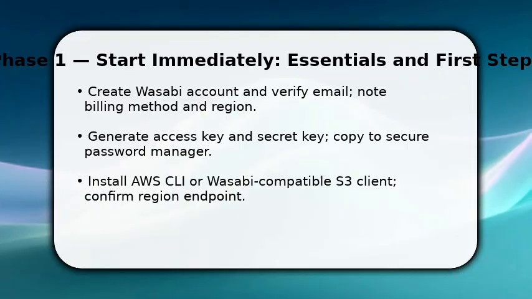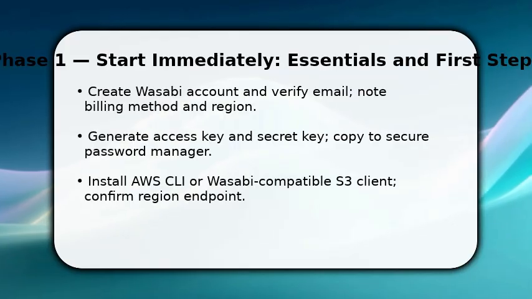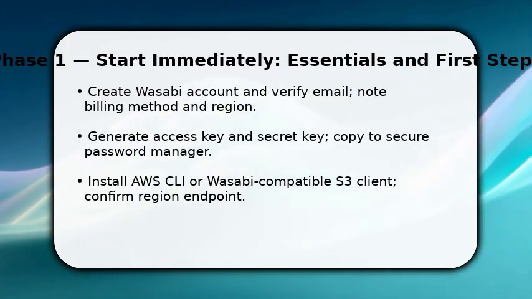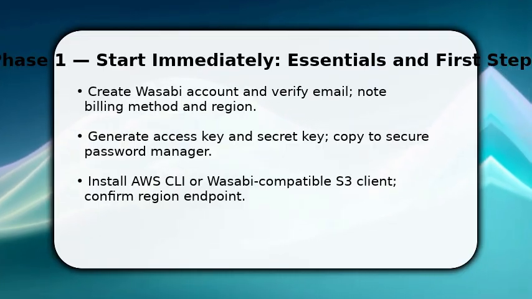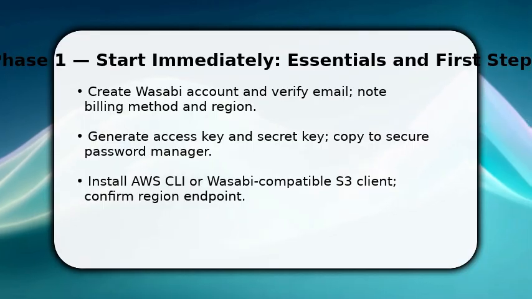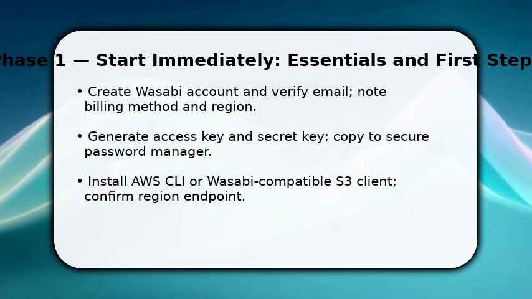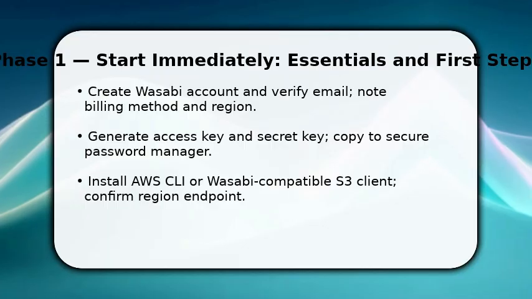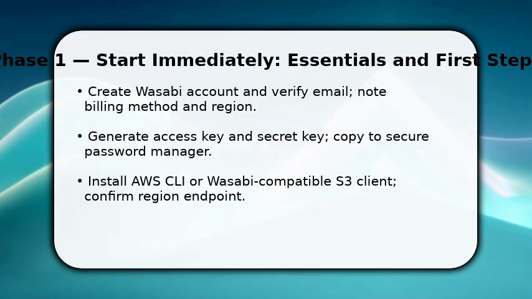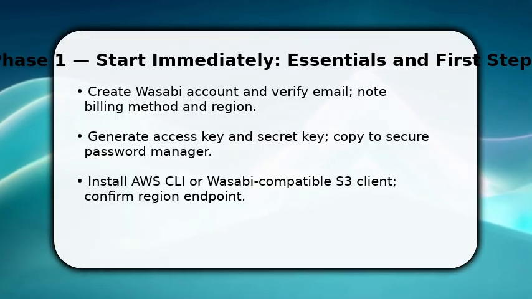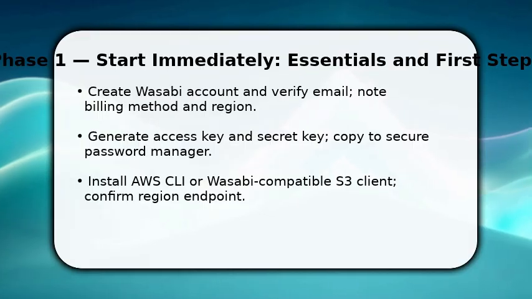You start by proving access quickly. Sign into Wasabi, pick the nearest region, and generate an access key plus secret key. Once done, save the keys in a secure password manager so you won't lose them. Install the AWS CLI or another S3 compatible client now, and configure it using the Wasabi endpoint and your keys. This gets you from 0 to a configured client, so you can operate buckets, sync data, and script uploads without